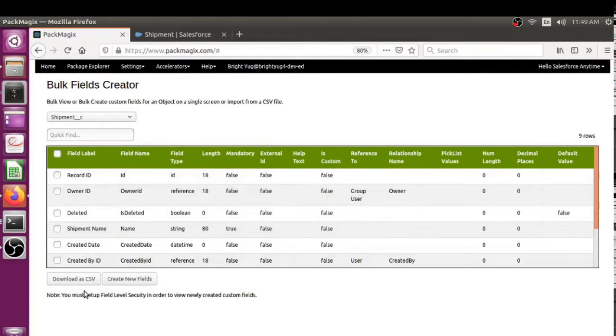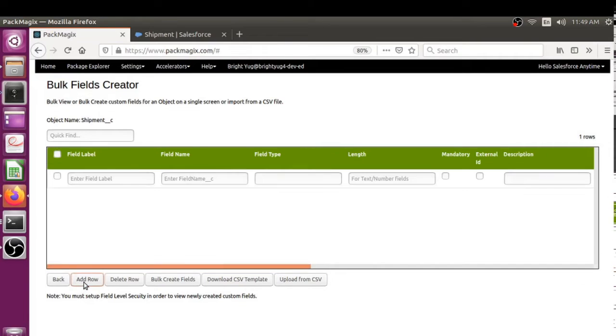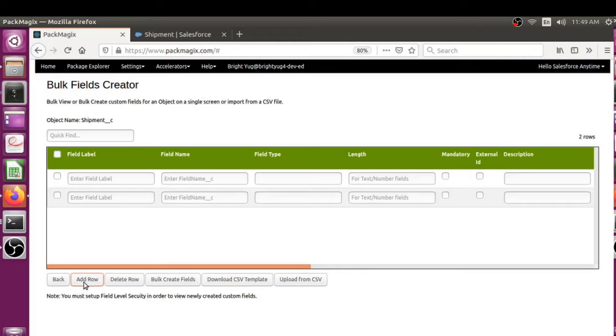Okay, now let's look at how we can add new custom fields on a single screen. So if you want to do that, just click on this button, create new fields. What this will do is it will bring up another screen where you can add multiple fields on a single screen. Here it shows you this is for object name shipment, which is a custom object, and if I want to add a number of fields, I can click on add row multiple times,